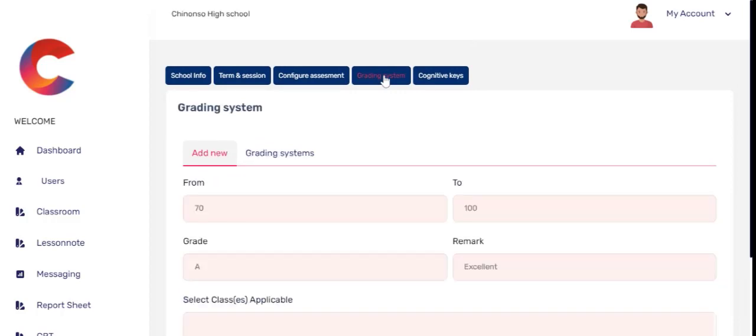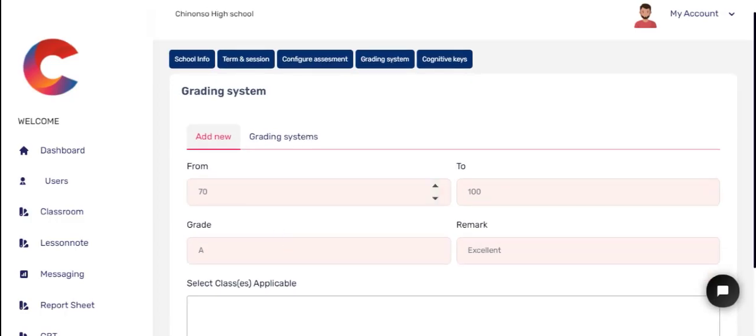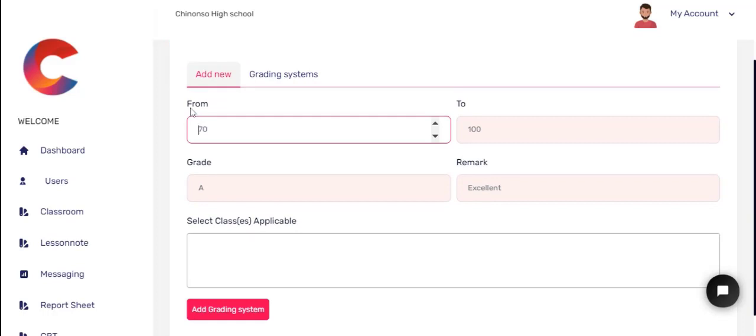What does grading system do? Grading system enables the system to rate a child's performance. So what this does is you want to let the system know if a child scores 70 to this, what should it be called. So to get started, you can say, okay, from 70 to 100